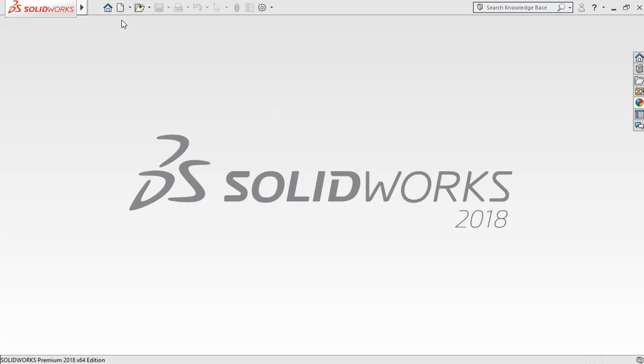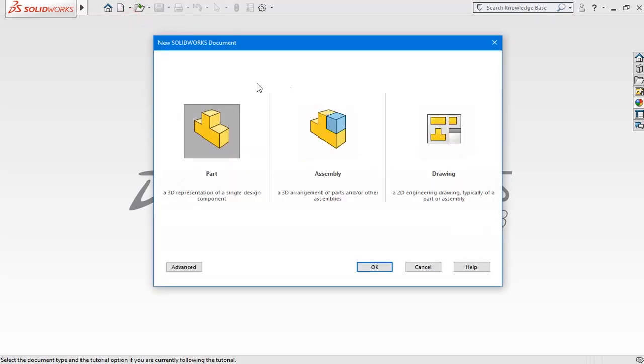So in SolidWorks we need to open a new document. When you have a new SolidWorks document, there will be three modules: part drawing, assembly and drawing. First we will be drawing a 3D component in part drawing, and we will assemble it in the assembly module, and then the assembled component will be given as a 2D drawing in the drawing module. So choosing part,